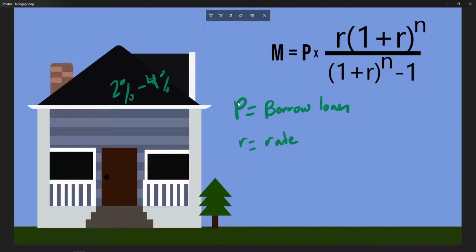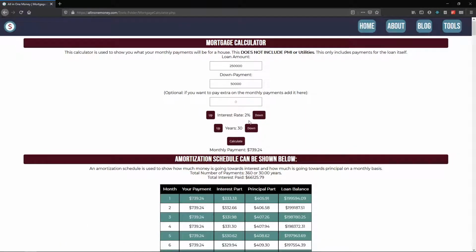That's why, in school, I don't think they ever teach you, but interest rates and your credit are very important. Let's go back, for instance, to our scenario where we had a 2% interest rate, which is really good based on credit scores or how the economy is going. But say you have a bad credit score and maybe a 4.5% interest rate, your monthly payment for that $250,000 house would be